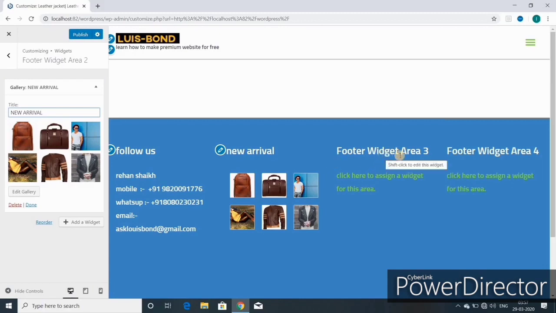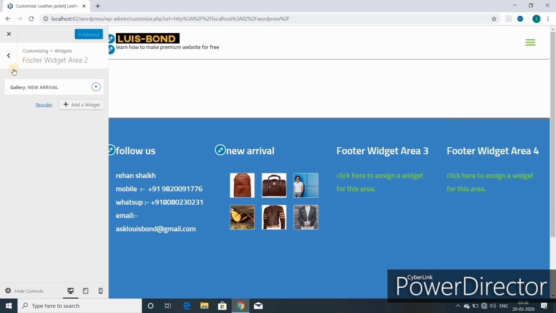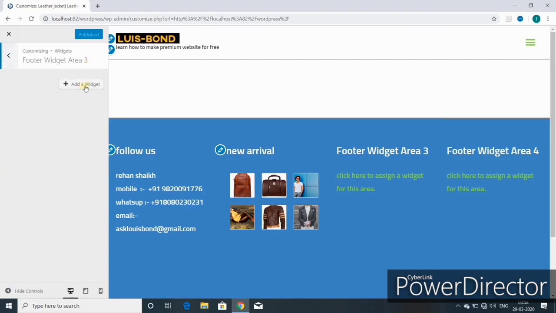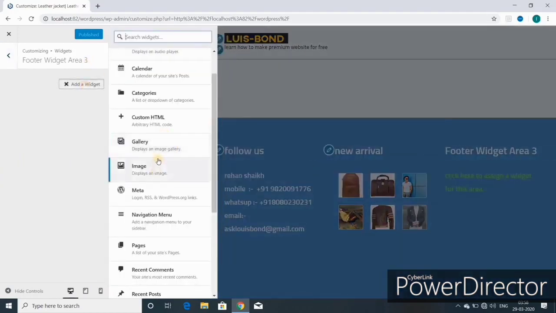Now we will see footer widget area 3. To publish, I can go back, footer widget area 3, add a widget. This time what I want to show. See, on the front page or every footer page, this company is in leather industry, so they manufacture so many products. They do exports, they are manufacturer, they are exporter, they are retailer and wholesaler, and one of the departments